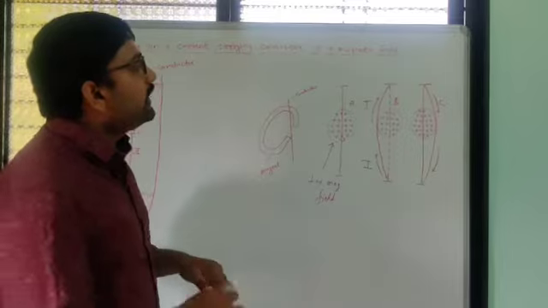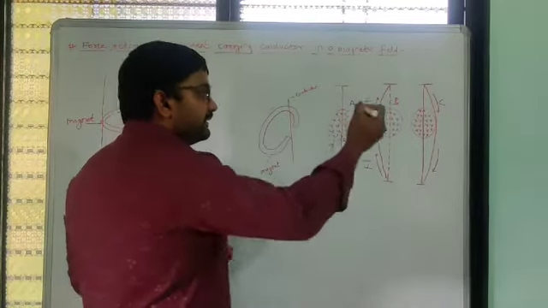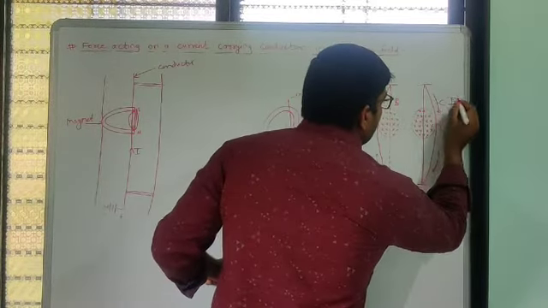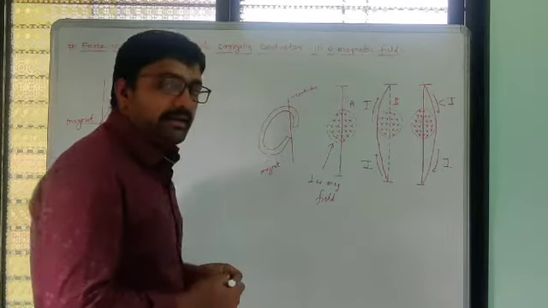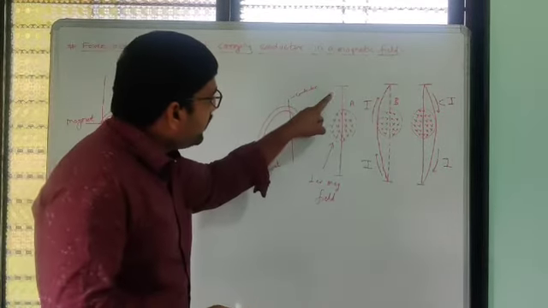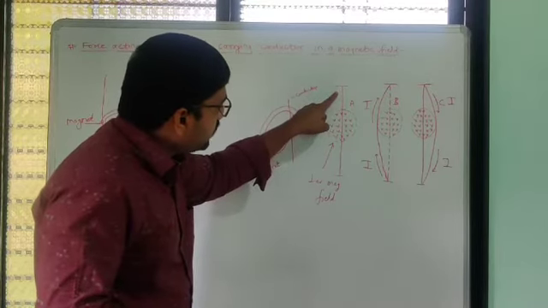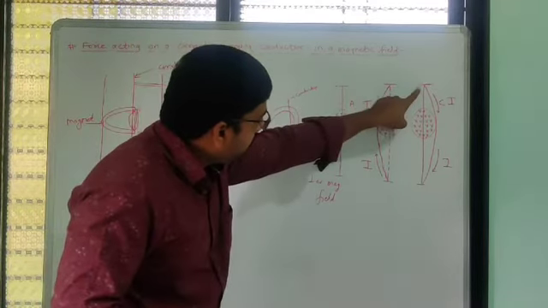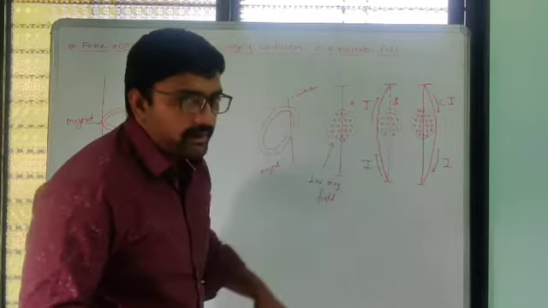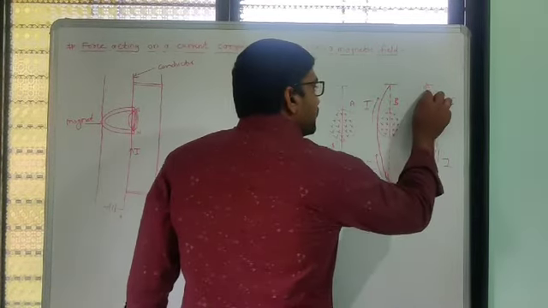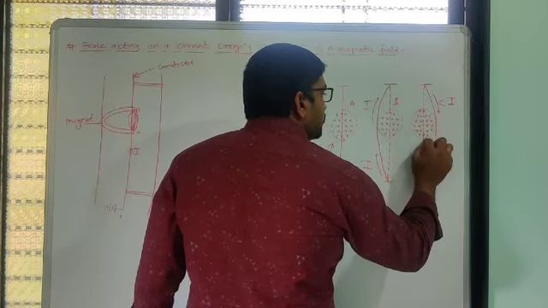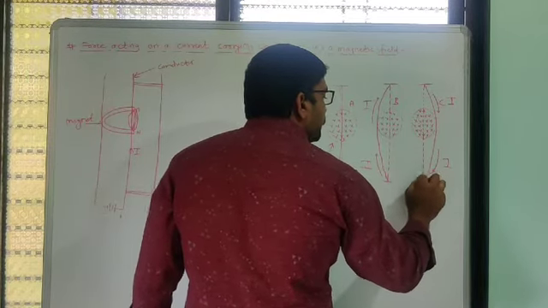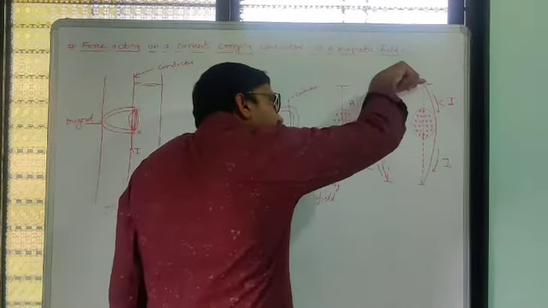Now we consider another case, case C. If electric current is now passing from upward side to downward side, initially when current is not passing, our electric conductor is straight. But as we pass electric current through the conductor, we see that it now bends